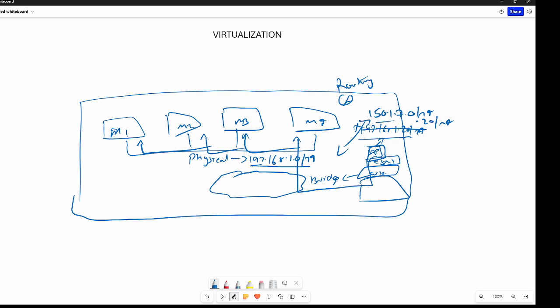Otherwise, they are not able to communicate with each other unless you do the routing. There should be a device which does the routing. But here, once you connect to the bridge one, you are just simply plugging into that same network. So you already have a switch. In that switch, you already have PCs and everything. And now your PC is connected.